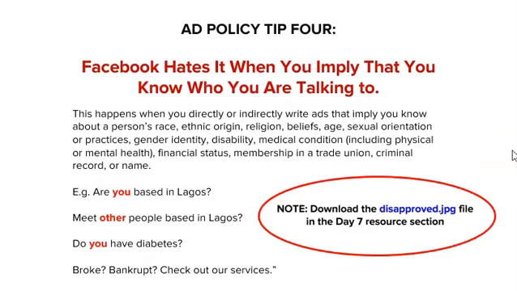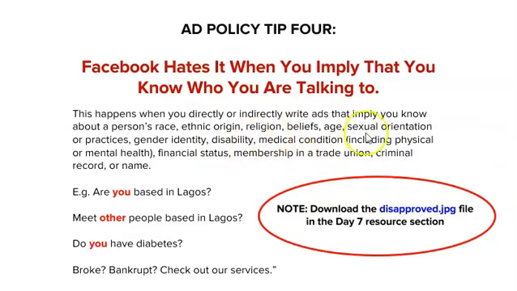And finally, Facebook hates it when you imply that you know who you are talking to. Advertisers used to get away with this, but Facebook now takes this seriously. Facebook doesn't want you to use your adverts to imply that you have information about someone. And the list they have consists of someone's race, someone's ethnic origin, someone's religion, someone's age, and so on and so forth.